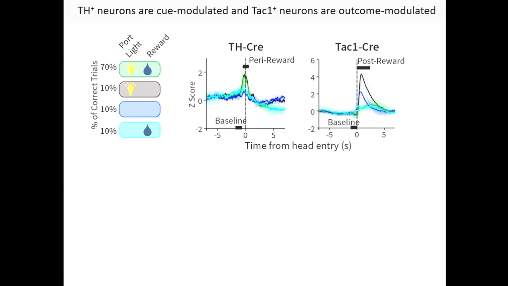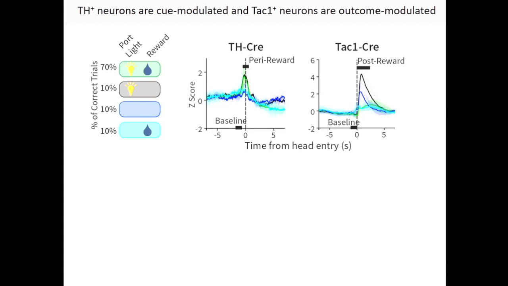And there are 2 different activity profiles in the TAC1 cells. First, you see this rather sharp, sudden, and robust response in the dark blue and black. And those are the 2 trial types in which I withhold a water reward. These now dwarf the more sustained response that I see to the actual delivered reward, which is in the light blue and the green. Here we see that the blue scenario, in which animals have a withheld reward but didn't also get the information to expect their reward from the light above the reward port, seems to attenuate the response.